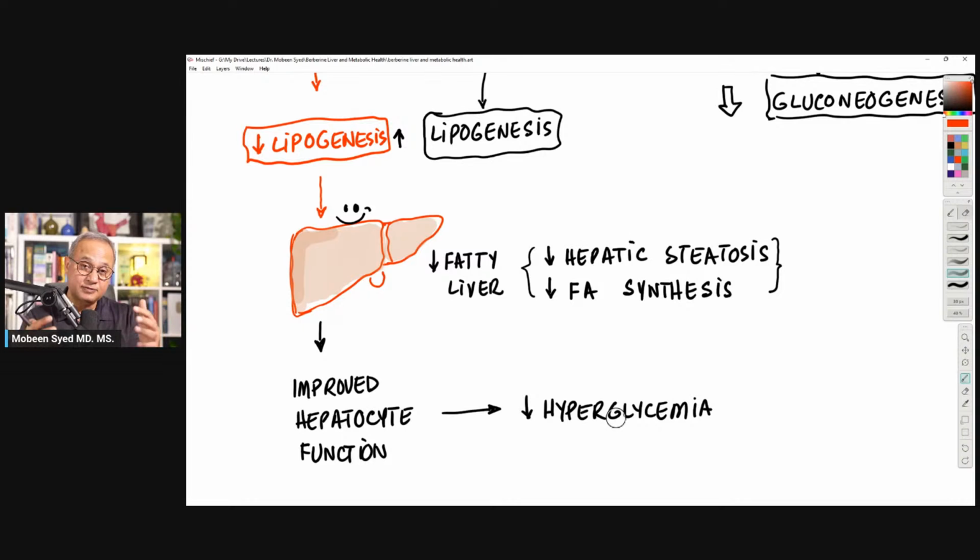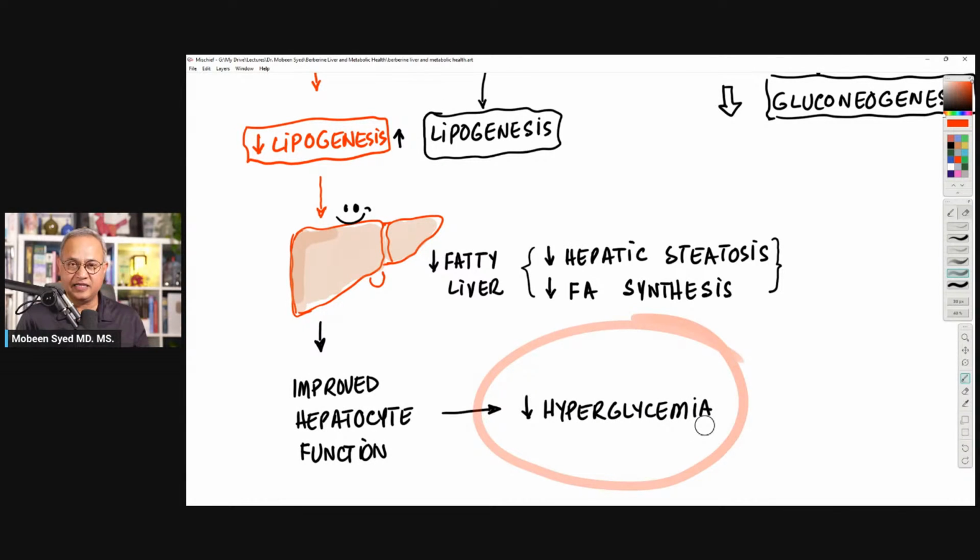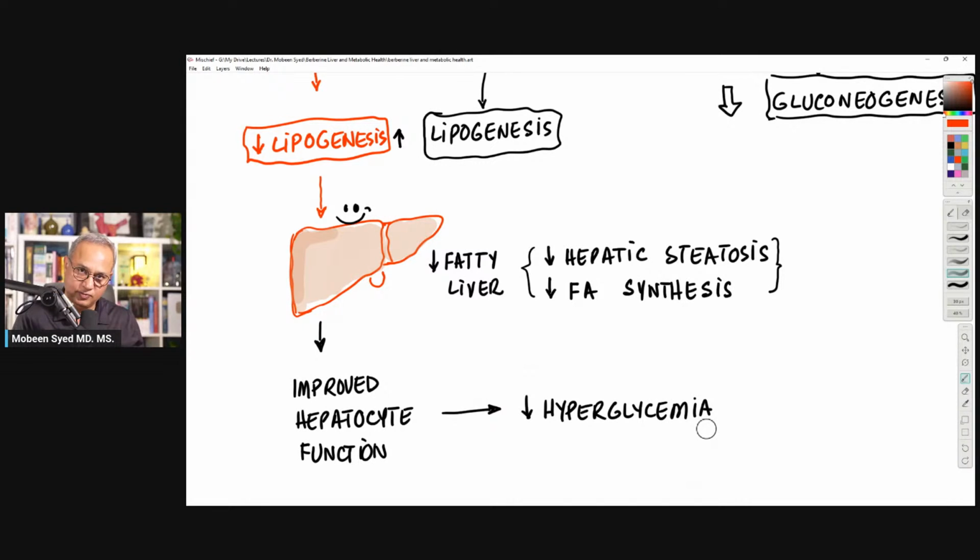And it also helps reduce the cholesterol. All of those functions result in improved hepatocyte function, or the liver cell function starts improving. When liver cell function improves, then liver cells do not unnecessarily engage in hyperglycemia, because now the liver cells can understand that there is insulin. Plus, they can understand that I do not need to make more glucose. So gluconeogenesis is controlled, plus fatty acid production is controlled. The whole metabolic state becomes stabilized.